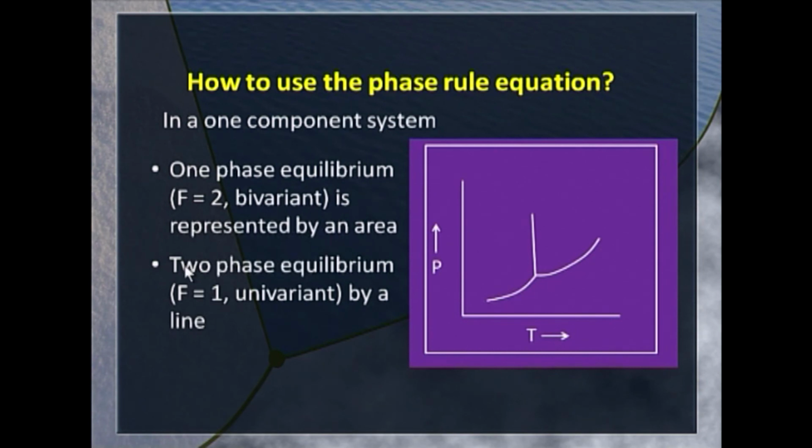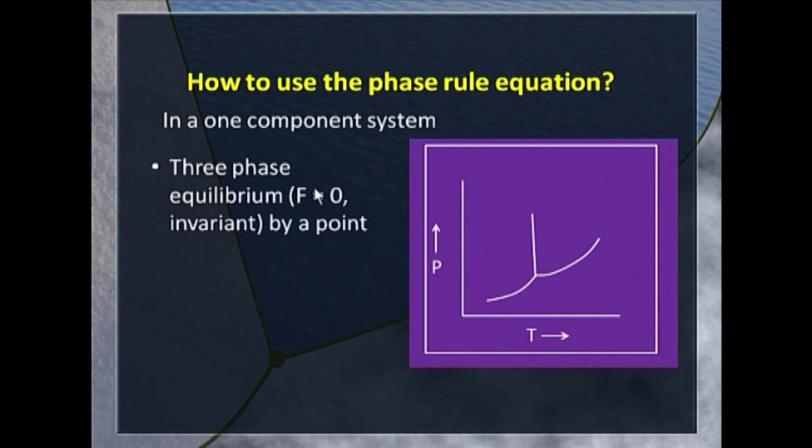And if there is a two phase equilibrium, the system becomes a univariant system. That means F is equal to 1, and it is represented by a line, one line, and there is a second line and there is a third line, indicating that there are 3 two phase equilibria in this system, for which if we fix pressure, the temperature becomes automatically fixed, that means it is univariant. Alternatively, if we fix temperature, the pressure becomes automatically fixed,